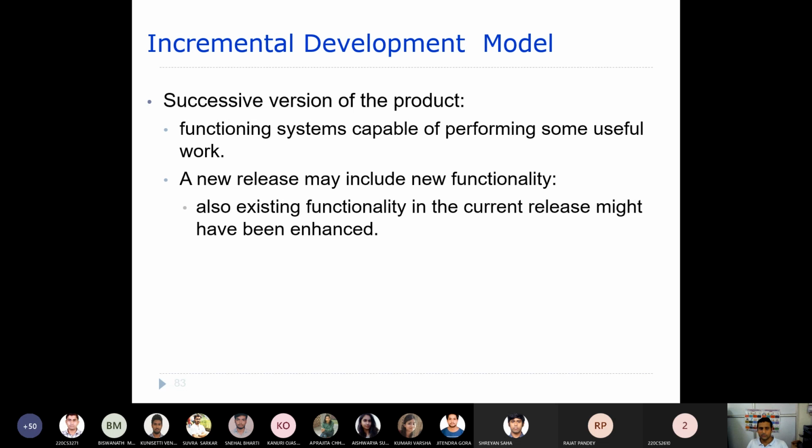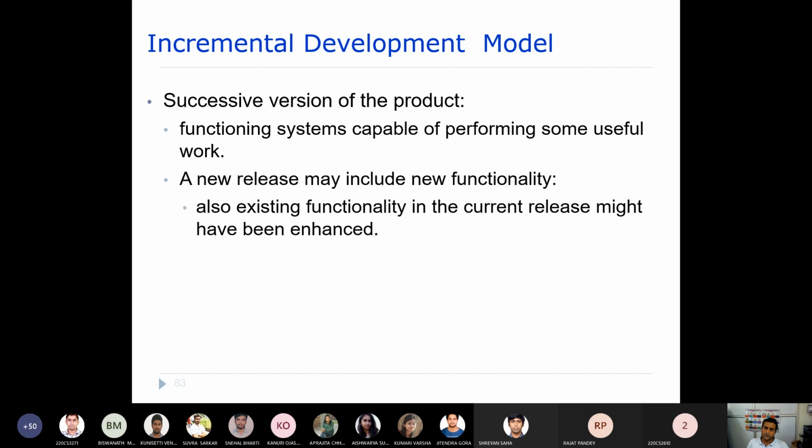What we try to do here is, with each and every new release, you will get some new functionalities. First you develop the core modules and deliver them to the client, and then you add a few other modules to the core modules, and that software is delivered to the client.